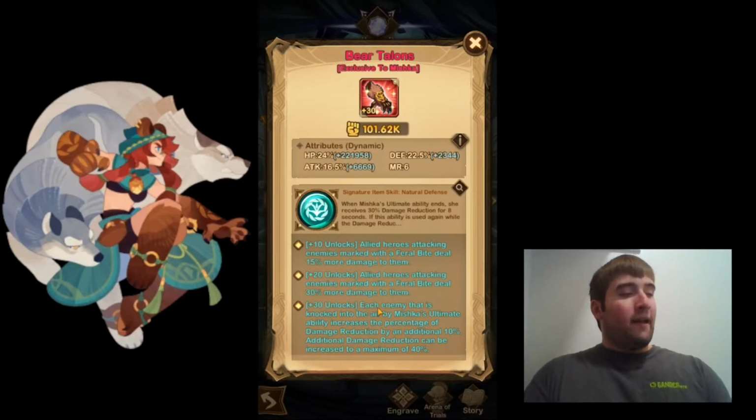And at plus 30, each enemy that is knocked into the air by Mishka's ultimate ability increases the percentage of damage reduction by an additional 10%. Additional damage reduction can be increased to a maximum of 40%. So, with her plus 30, she'll be able to receive more damage reduction, it looks like, as she knocks more enemies into the air. And I'm guessing what they mean by the reduction is increased to a maximum of 40%. I believe that means that when she knocks 4 enemies into the air, she'll